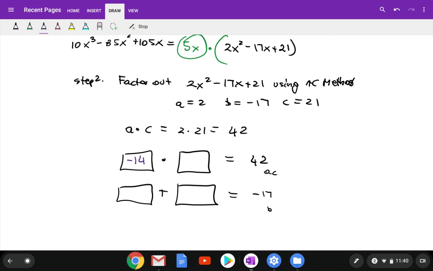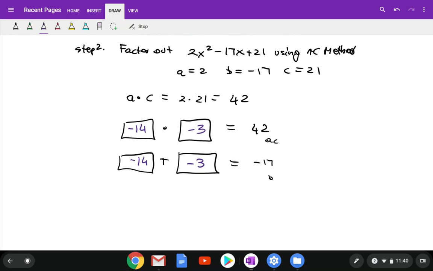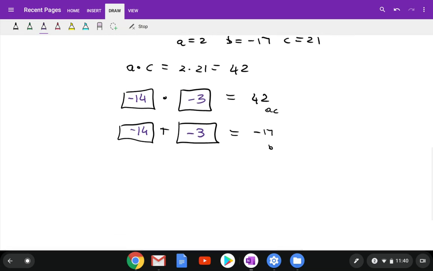Negative 14 and negative 3 definitely works. Okay, so that's the part which sometimes takes the longest, to find those two integers which satisfy those two conditions. When you have it, the rest becomes smooth. Okay, so next, create